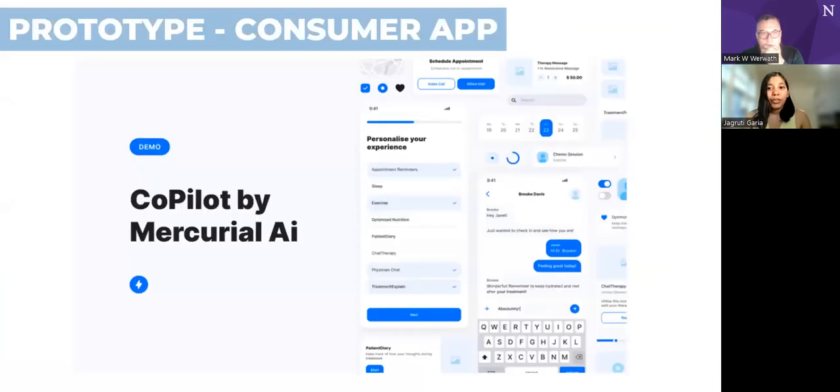Looking at the prototype of the consumer app, we can see that they can get a personalized experience by adding certain checks to it, like appointment reminders, sleep, exercise, optimized nutrition, patient diary, therapies, physician chat. So this feature I feel is most powerful. If they have any queries or any doubts, they can just chat with the physician. And it doesn't necessarily mean that they have to get an answer in